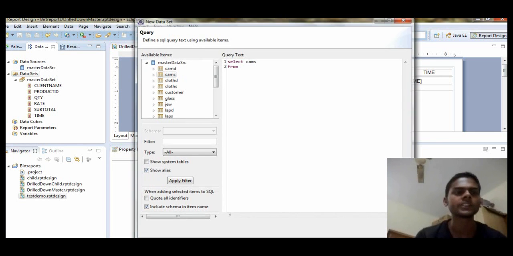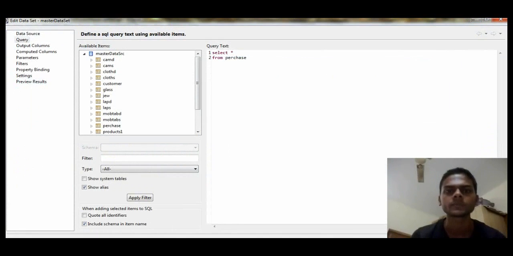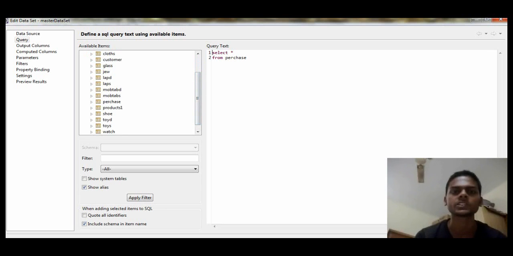Here I have already created a data set. I am going to show you the settings of this data set and what parameters I have filled in this data set. Yes, see here I have a lot of tables in this database, and I have selected the data set table name purchase.